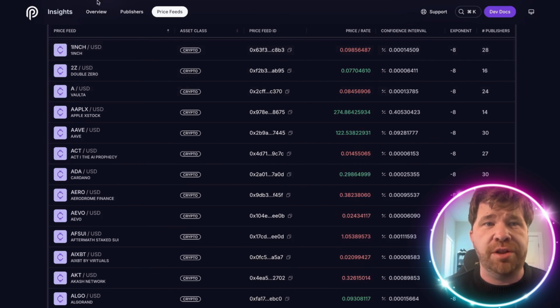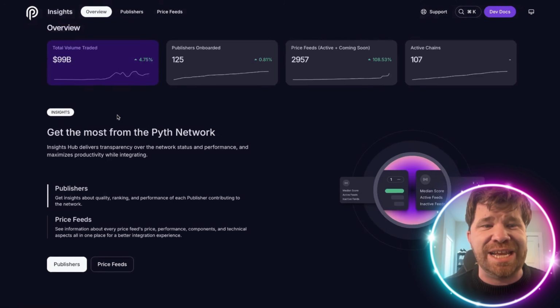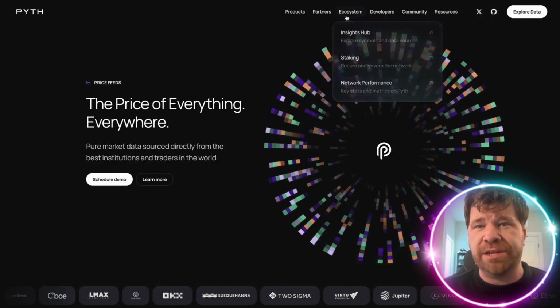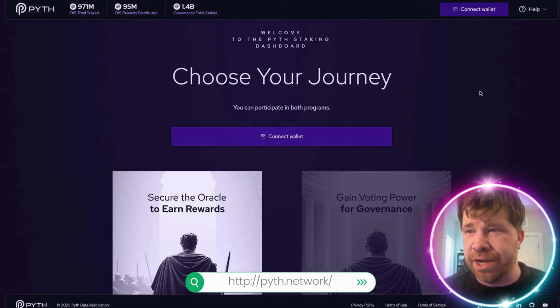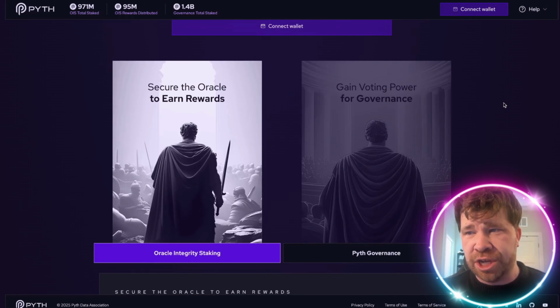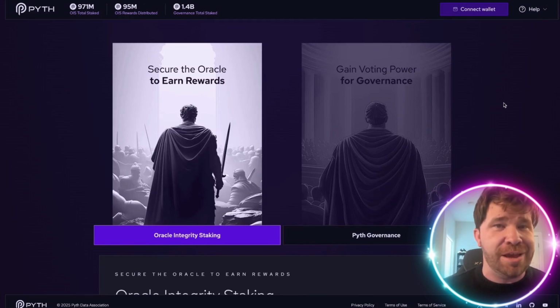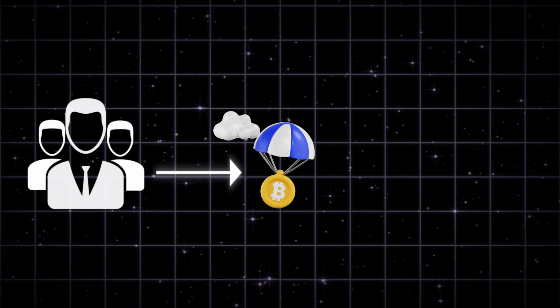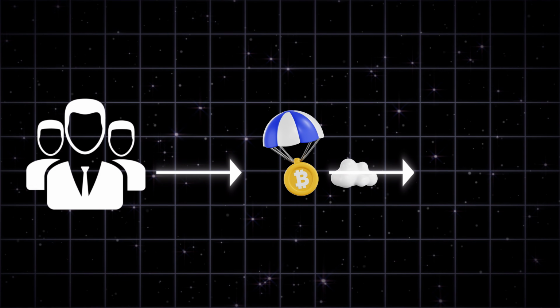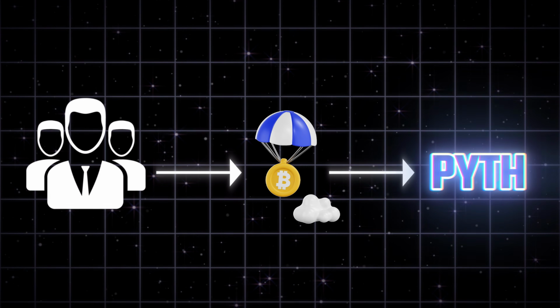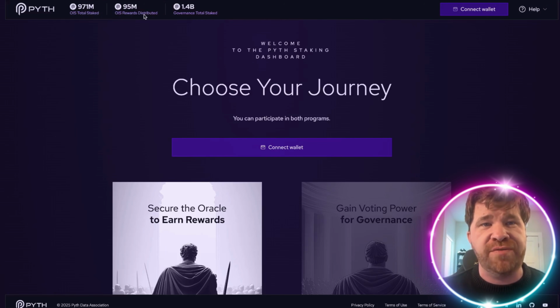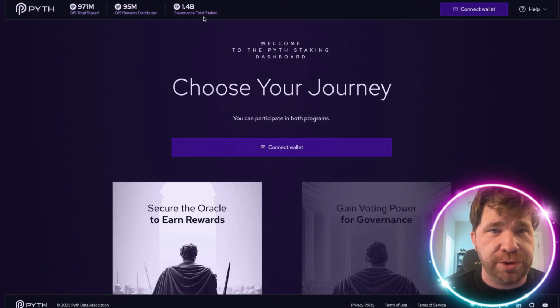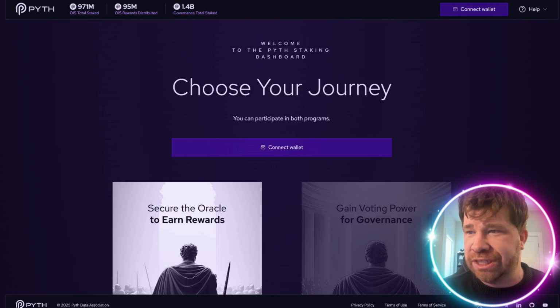Now, as you guys saw, if you go back to overview, they do have staking. So if we go back to the main tab, ecosystem, go right there, they do have staking. The staking is very important, okay? Historically, many of these partners have given airdrops specifically to people that stake what is known as the Pyth token. And as mentioned, you can see a massive amount has been staked. We even have rewards distributed right there, which is pretty cool. And we even have governance total staked.